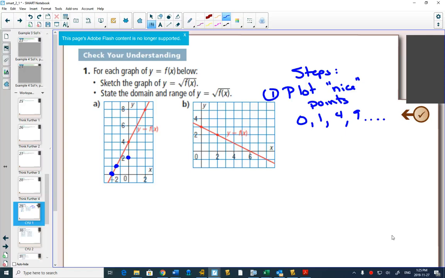Technically, would you say that this is 9 right there? So if we went straight down from 9, it should be 3 when we take the square root. Step 1, plot whatever nice points that you have. Okay. Step 2,